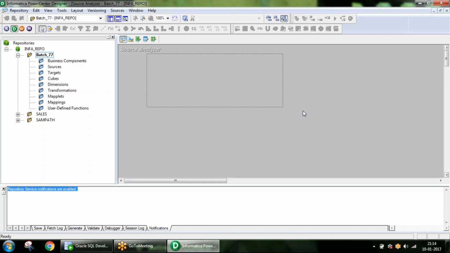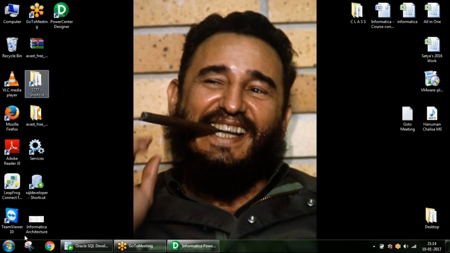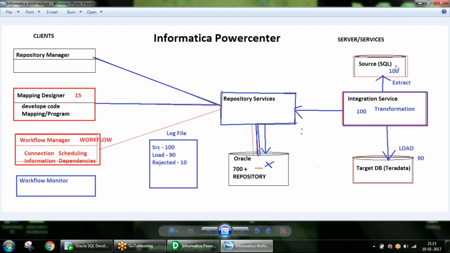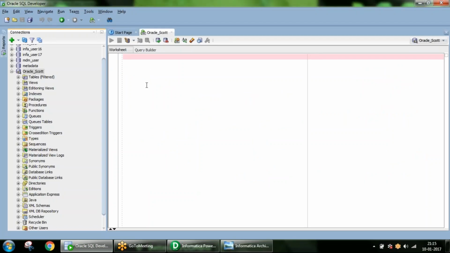Now, see what is the purpose of Informatica. As we discussed yesterday, we are going to load data from a source to a target table. Always a table will have a structure. It's structured data, right? So if you connect to the employee schema in the Oracle database,